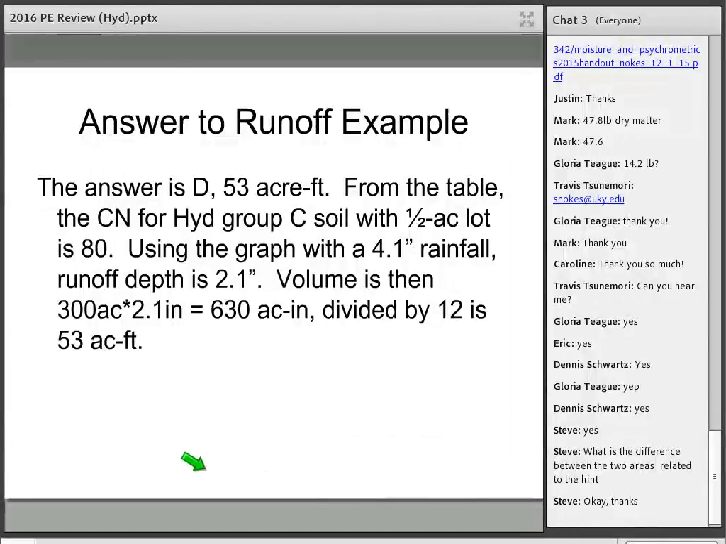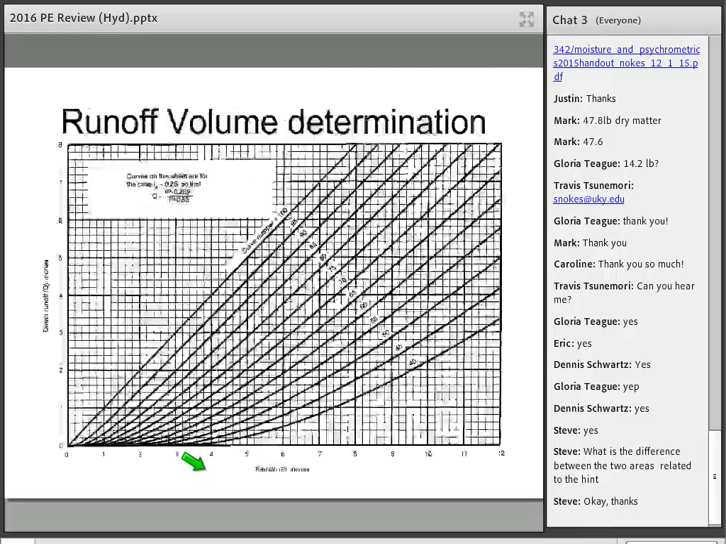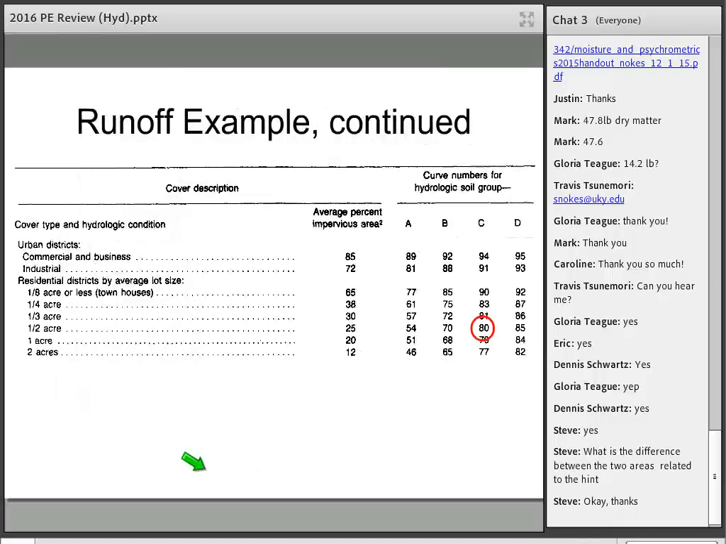Okay, so the answer in this case then is 53 acre feet, and where it comes from is you just figured out you've got a runoff depth of 2.1 inches. The full volume is then 300 acres times 2.1 inches. That's 630 acre inches divided by 12 is 53 acre feet. And that's where you've got to pay attention to the units. And if you were off by a tenth or you weren't paying attention,